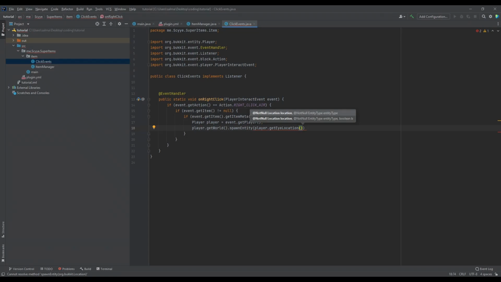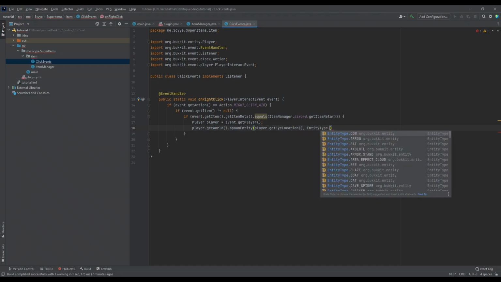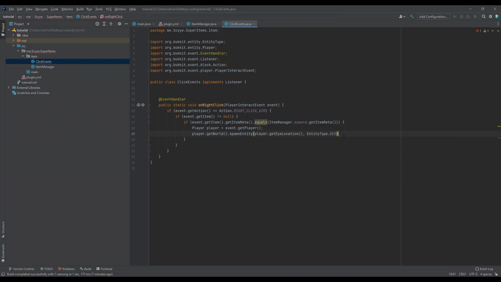Okay, that's annoying. Okay, so get eye location, and the next thing is the thing you want to spawn. So I want to spawn, we're going to do entity type dot, let's spawn a bee. I don't even know why. And then, if we did that correctly, okay, now just quickly, because I have to go soon,